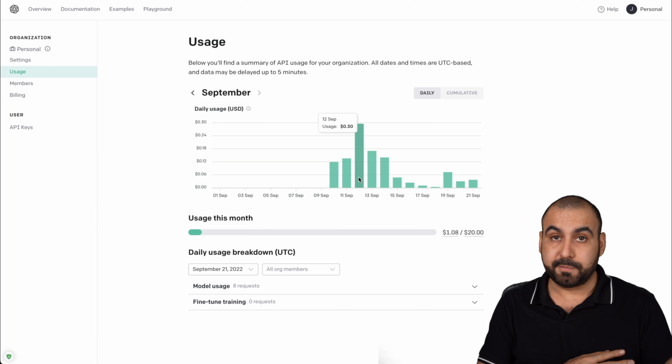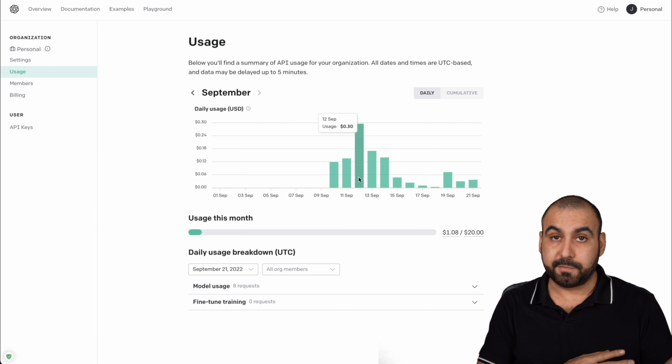Now they have other AI engines, which are Curie, Babbage, and Ada, which are much cheaper and are recommended for different use cases. If you want to save, you can use these, or if you want to do other types of AI engine writing systems, then these might be a better fit than DaVinci. And I'll leave a link to the pricing table and a link to the models page. This will explain what the best use case is for the type of AI engine that you want to use. For example, DaVinci is good for complex intents, cause and effect, summarizations for audience, etc. Curie would be for language translation, complex classifications, etc. You check this out, I'll leave the link there.